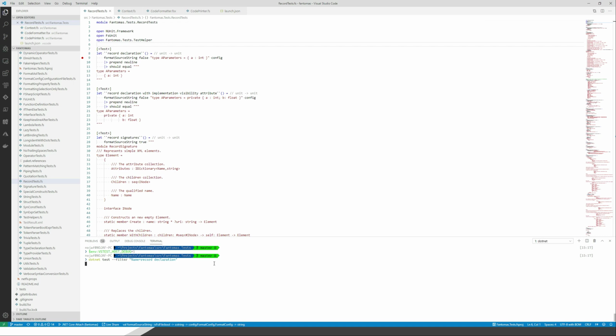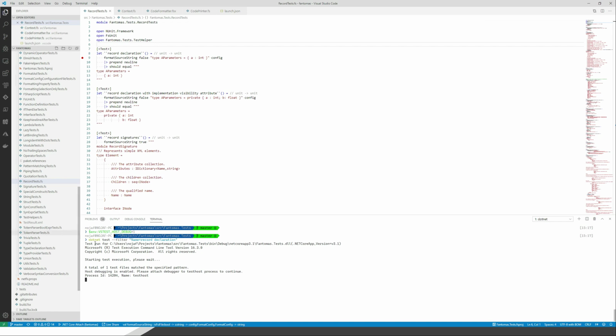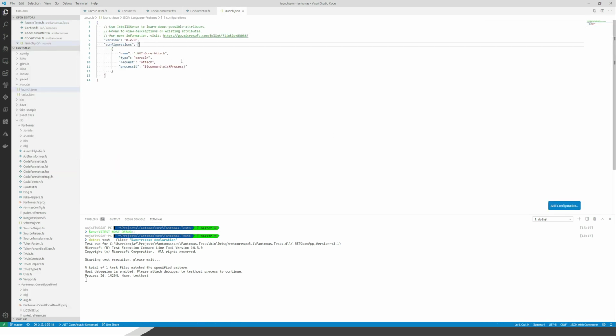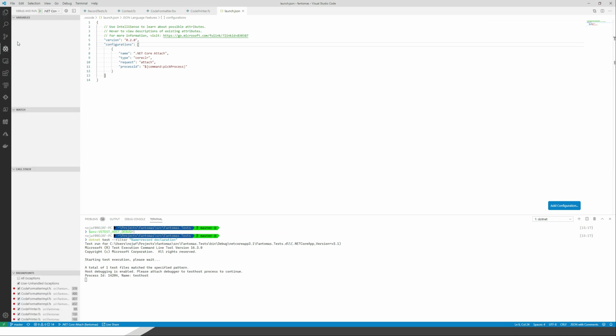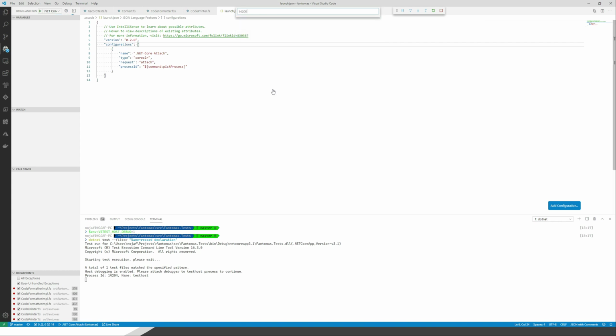So if I now execute that dotnet test command, the first thing that will happen is that it is going to wait for me until a debugger is attached. So you can see the test run started, it is waiting, and there's a process ID. I have a launch.json where I can just attach to any .NET Core process. So if I start debugging, I can enter my process ID, which I can see over here. 14204. If I pick this,